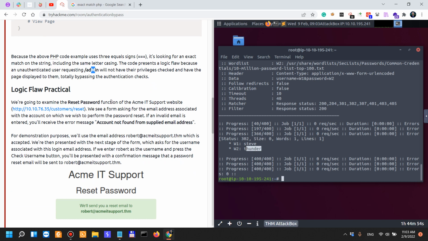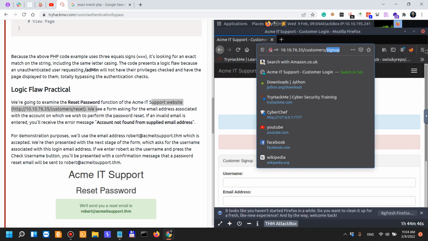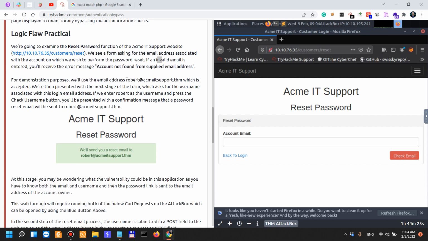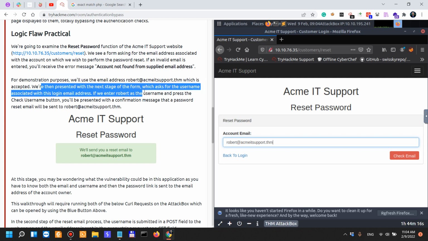We're going to examine the reset password function of the Acme IT support website. We see a form asking for the email address, with the account on which we wish to perform the password reset. If an invalid email is entered, you'll receive an error message. For demonstration purposes, we'll use the email robert@acmeitsupport.thm, which is accepted. We're then presented with the next stage of the form, which asks for the username associated